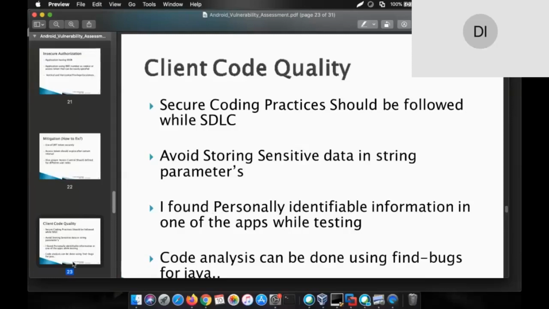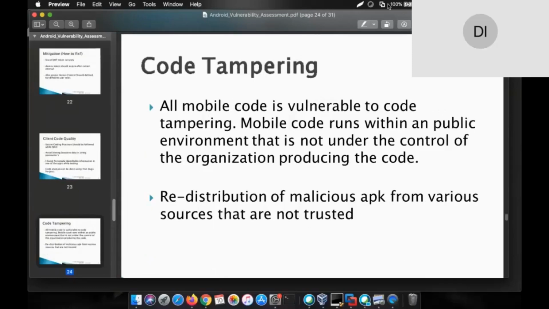Further, we move ahead. We use APKTool for decompiling. Similarly, you can rebuild the APK after tampering using APKTool. After rebuilding, you can resign that application, reproduce it, and distribute it. So avoid installing applications from sources other than the Play Store. That is very essential. And you also need to check the certificates.